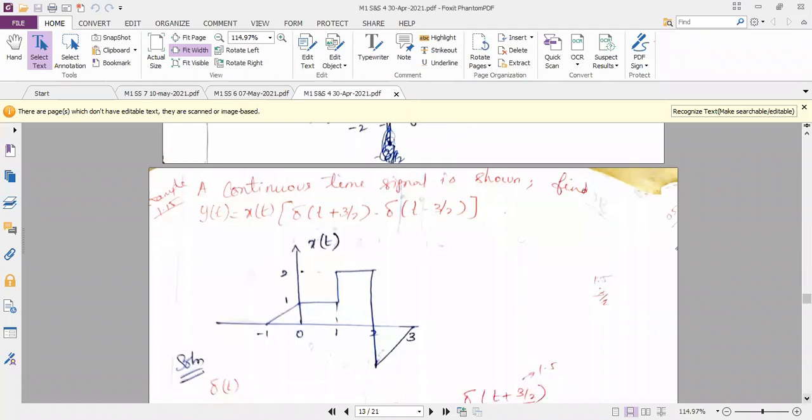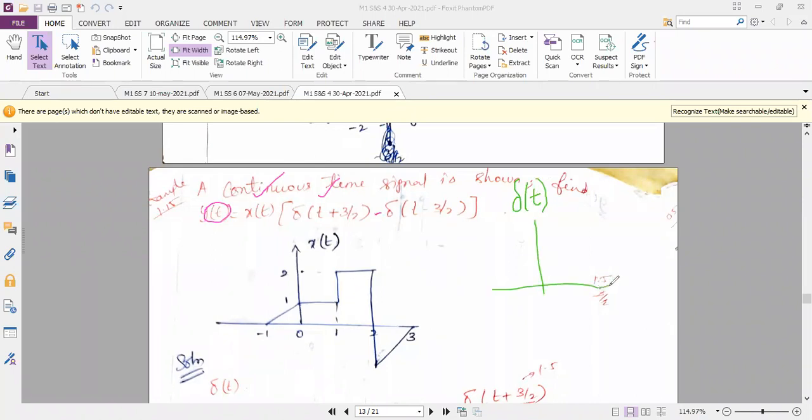So have you all plotted this graph? Yes, ma'am. Okay. So now x of t is there outside the bracket, so we do not have any problem. X of t, we will not disturb it. But to get y of t, I should get delta of t plus 3 by 2 minus delta of t minus 3 by 2. So first let me complete the bracket term, then I will do the multiplication operation. So to do the bracket term, I don't know delta of t plus 3 by 2. The basic signal only I know initially, that is delta of t. So delta of t, you know how to do it.